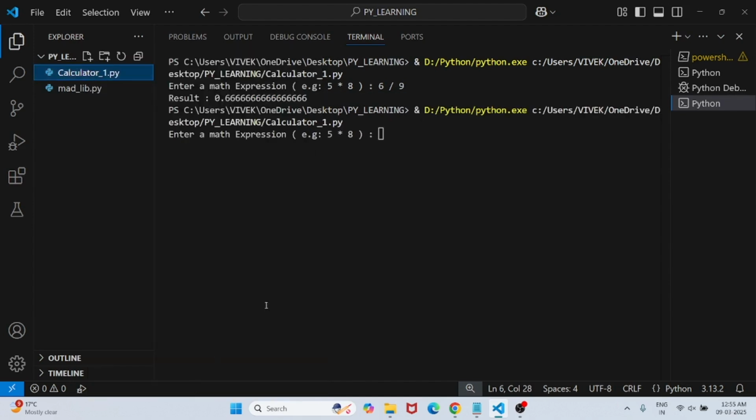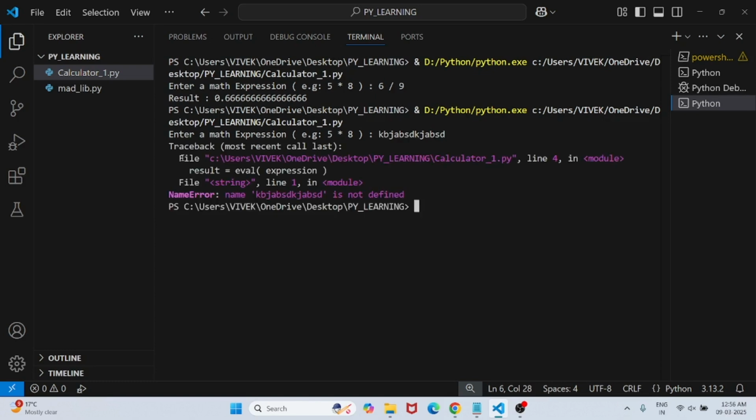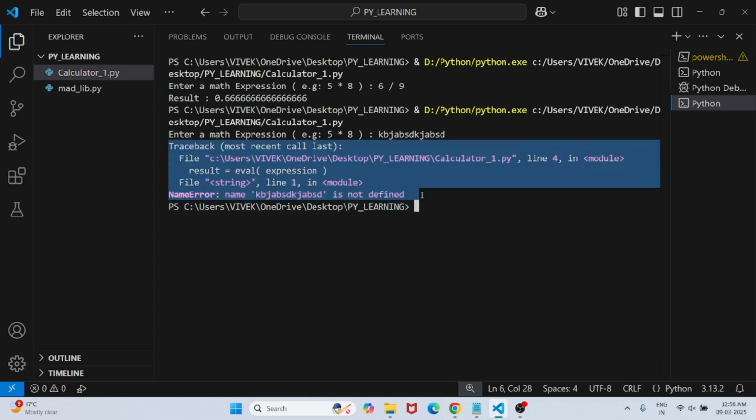I'll run it one more time. So this time I'll give a different input. For example, let's say I'll give some string and I press enter. So we got an exception here because,